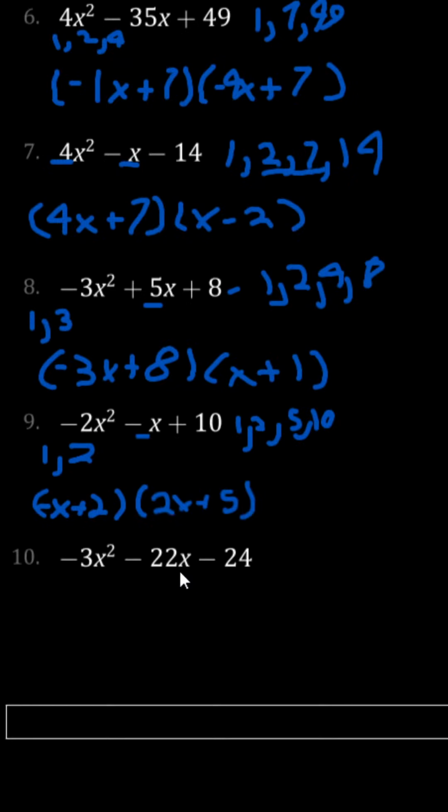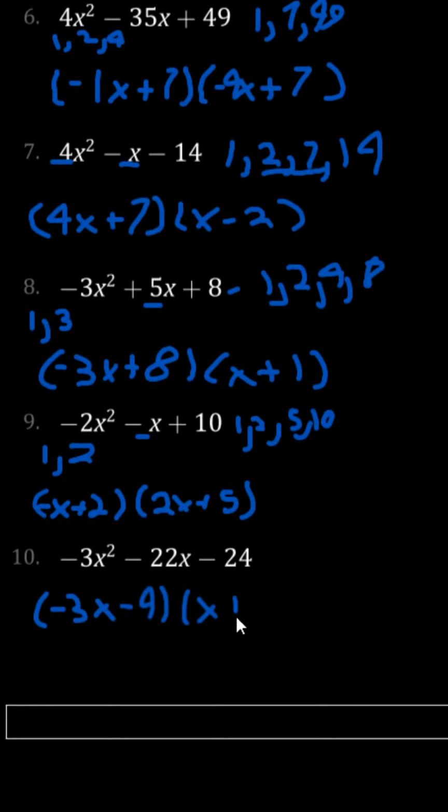The only way that comes to mind to get this negative 22x, we could have 1 times negative 24, but that wouldn't get us negative 22x. We could try negative 3 times, oh wait, we could combine. We could have negative 3x plus minus 4. Negative 3x minus 4,